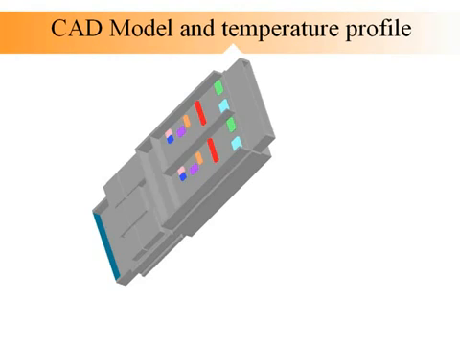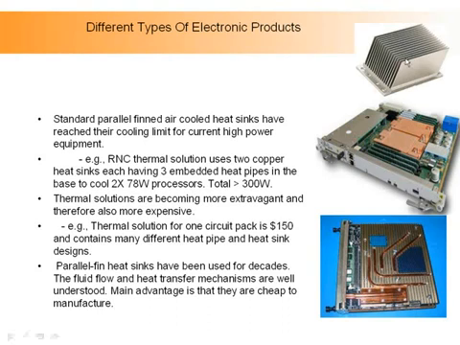Now, here are different kinds of electronic products that are shown here. This one is just basic heat fins. This one has devices with copper plates, and inside these copper plates are heat pipes. And here is a design with heat pipes that are used to carry heat away from the hot spots onto a heat sink and move them away.